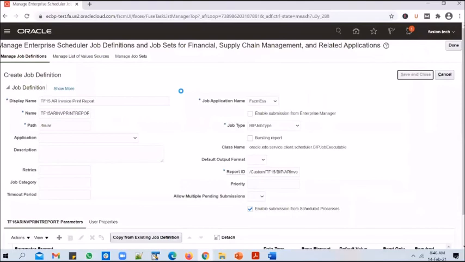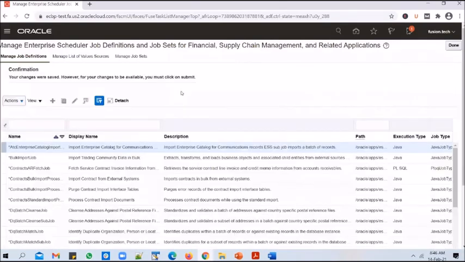It's still saving the job definition. It usually takes a bit of time here. Don't cancel it. It takes a bit of time here. When you're doing it also, please wait for a couple of minutes there. Okay, so the job definition is saved now.